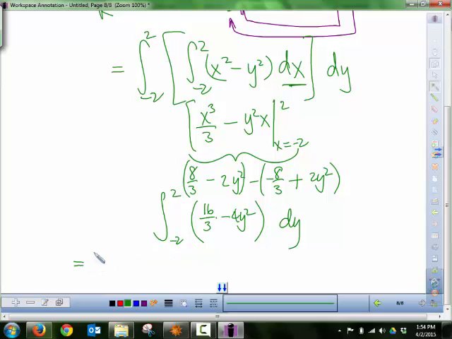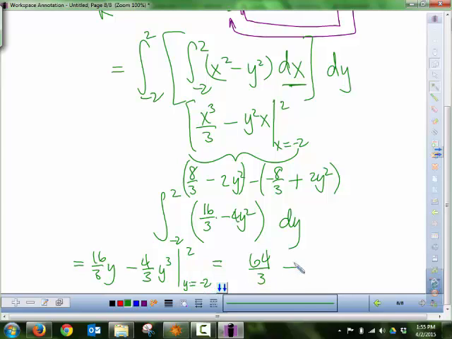So this is equal to 16/3 y minus, and then I have that 4/3 business, y cubed. This time my y goes from minus 2 to 2. And then you put in those values for y. I think the answer is going to be 64/3 minus